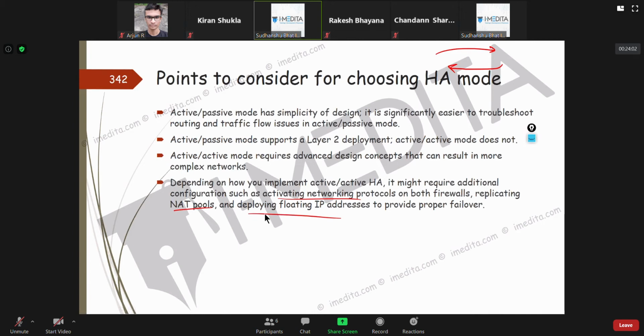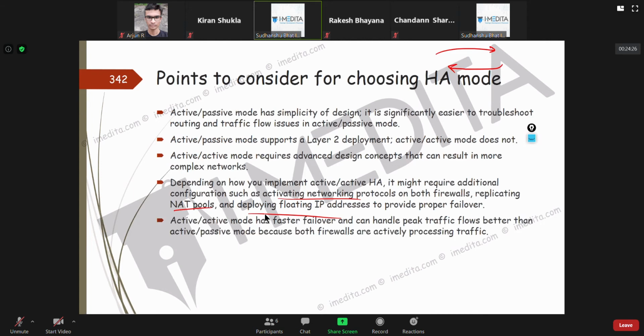A floating IP address is the same thing as you do for VRRP or those kinds of redundant FHRP options, where there is an active device and then there is a failover device. Active-active obviously will have faster failover.